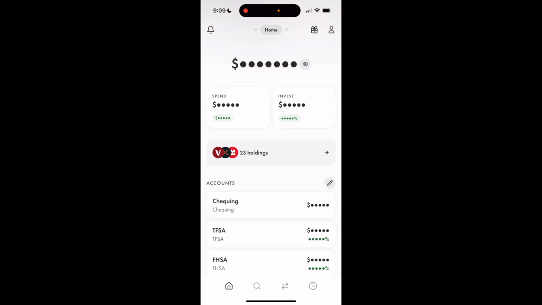So in this Wealthsimple Trade tutorial video, I'll be showing you guys how to invest in natural gas here on